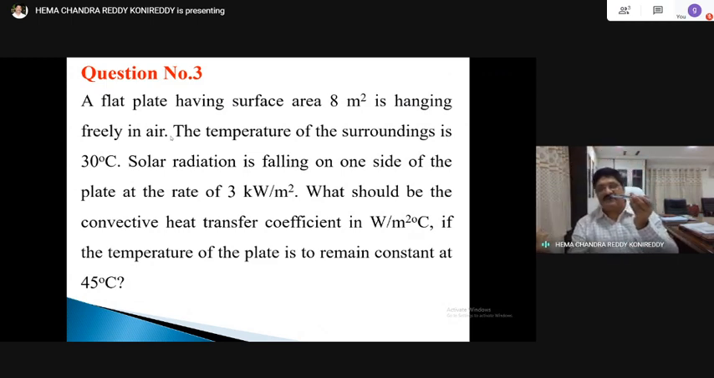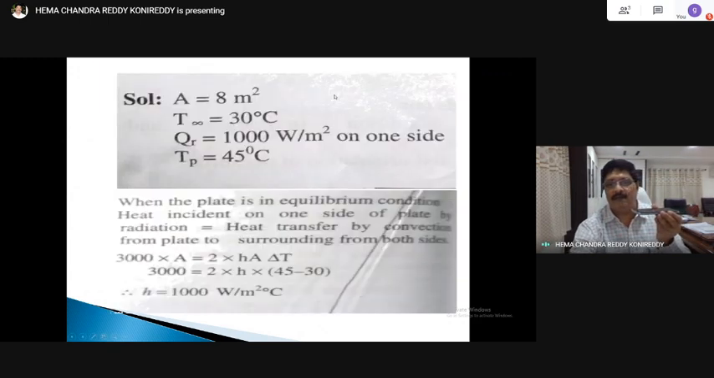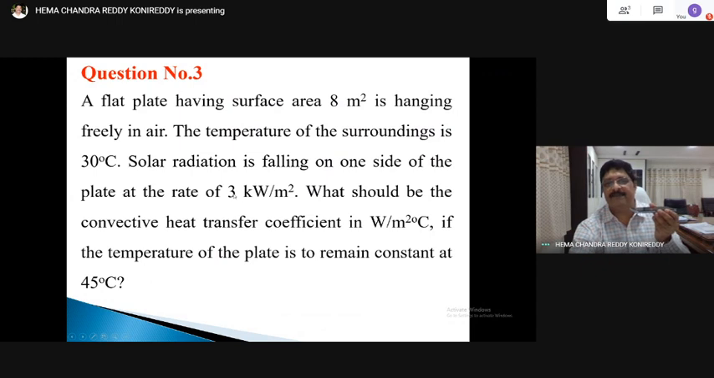8 times 3 is 24. So, 24 kilowatts of heat is falling on this plate. Now, if you assume no other losses, all the solar radiation falling on the plate should be convected to the other end. So therefore, you calculate,